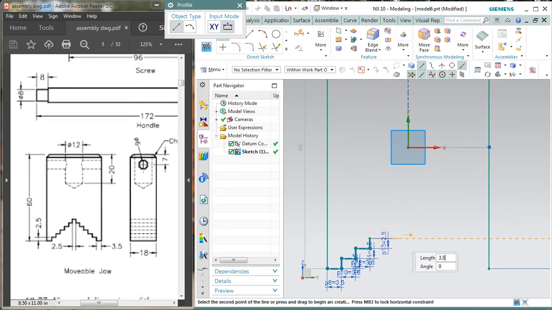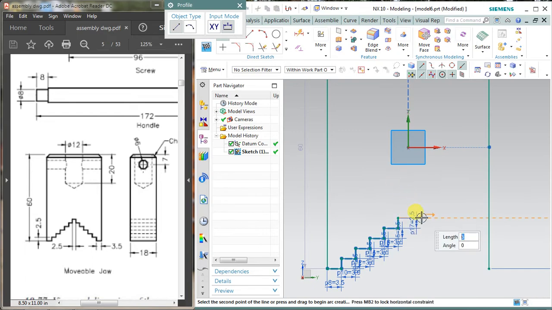So 3.5, enter, 0, enter, and upward direction 2.5, enter, 90, enter. This is 3.5, enter, 0, enter, and let me see how many steps I have. 1 2 3 4. This is I think the fifth one. 2.5, enter, 90, enter, and this is the sixth one.